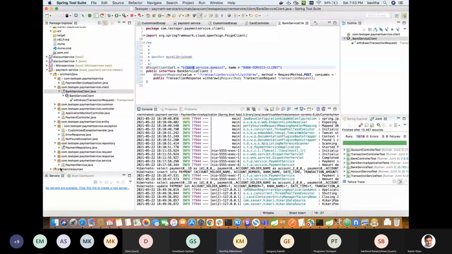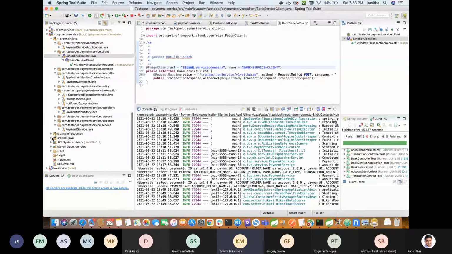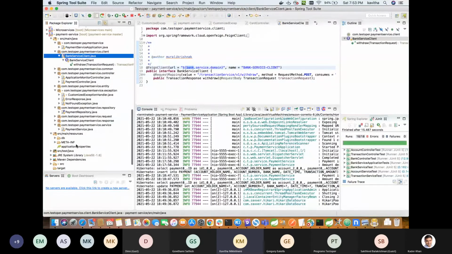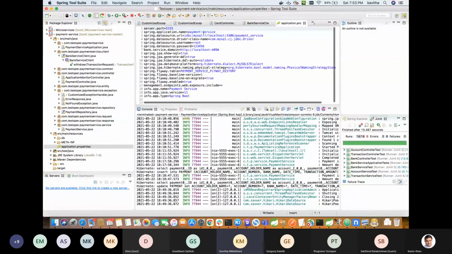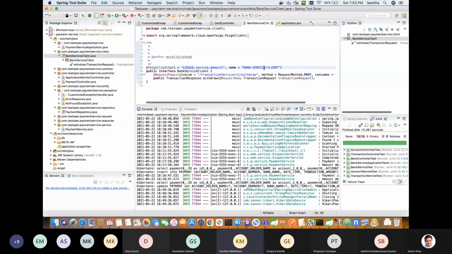So it's the same thing we are doing using a Feign client. This URL we have configured in the application.properties. If you see here, the bank service is deployed in this location. So ideally that API has been pasted here, and we have given the request mapping here.